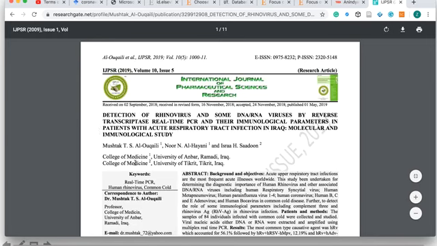Okay, so these guys are from University of Anbar. They published this work in 2019 about detection of some DNA and RNA virus rates in patients with acute respiratory tract infection. Yeah, anyway,